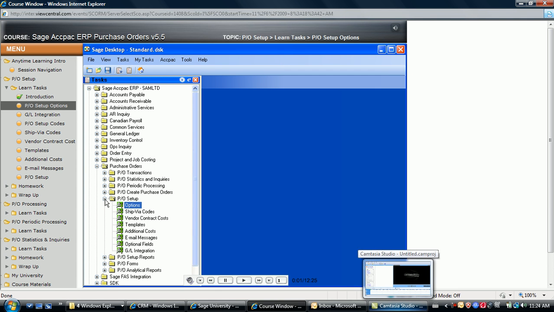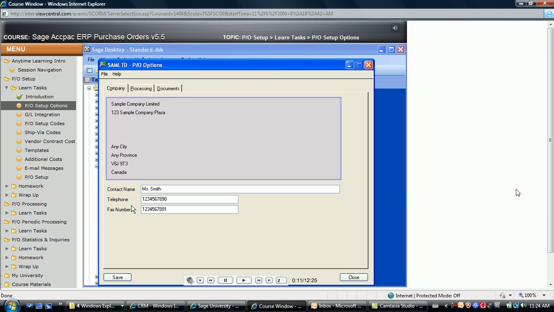Like other Accpac modules, the Purchase Orders module contains a Setup Options icon used to define global settings and defaults to selected fields. The company page displays the company details as entered within the company profile. The lower portion is where specific contact and phone information can be entered, in this case for the Purchase Order